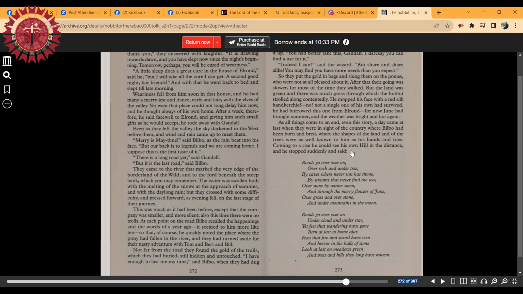As all things come to an end, even this story, a day came at last when they were inside the country where Bilbo had been born and bred, where the shapes of the land and of the trees were as well known to him as his hands and toes. Coming to a rise, he could see his own hill in the distance, and he stopped suddenly and said,